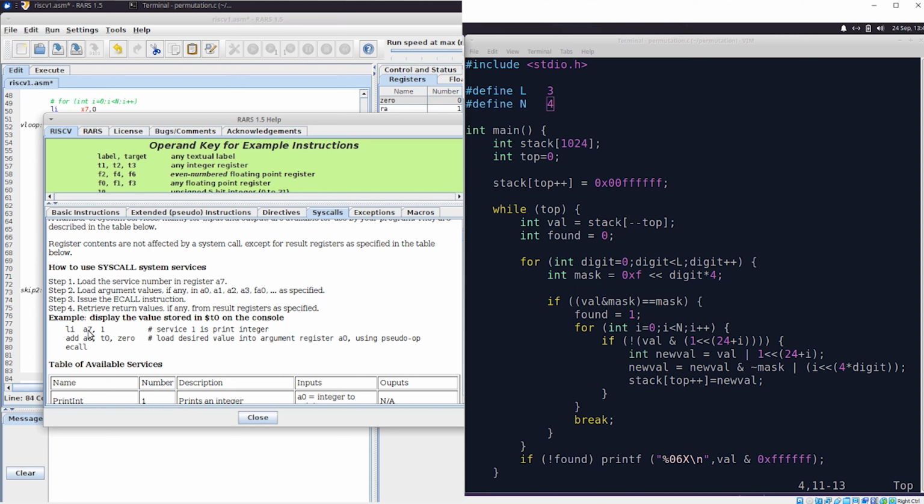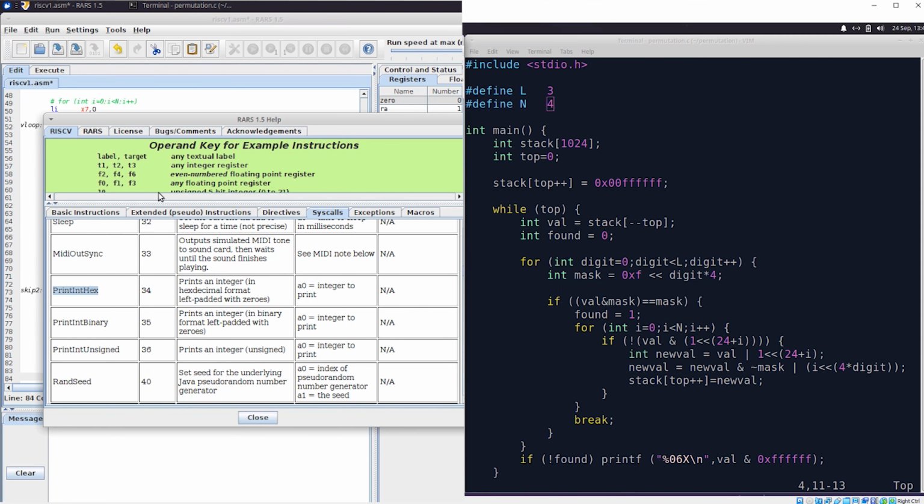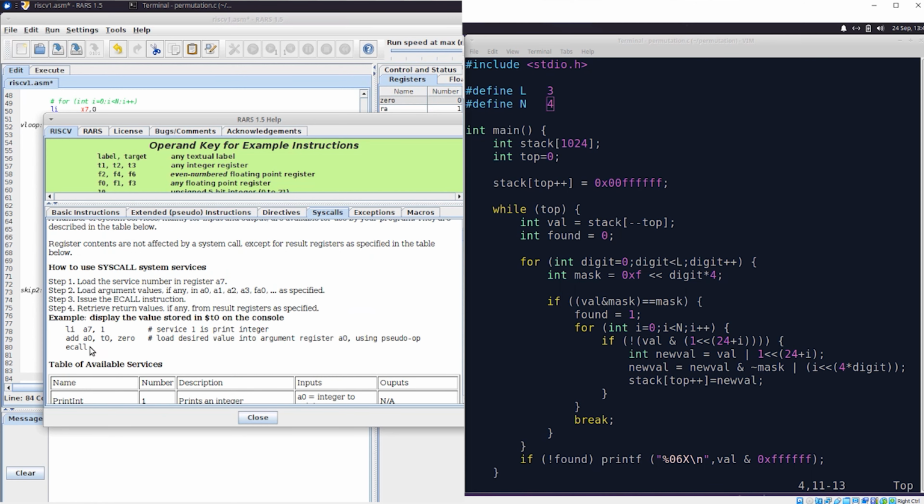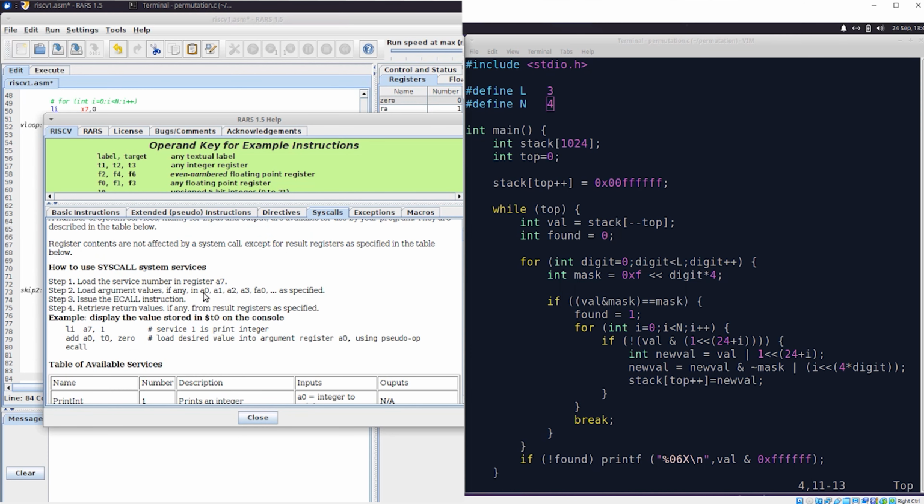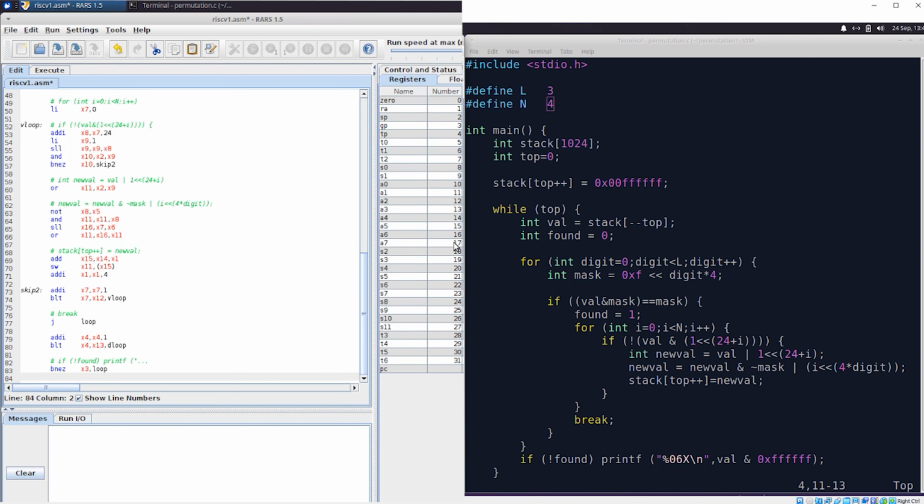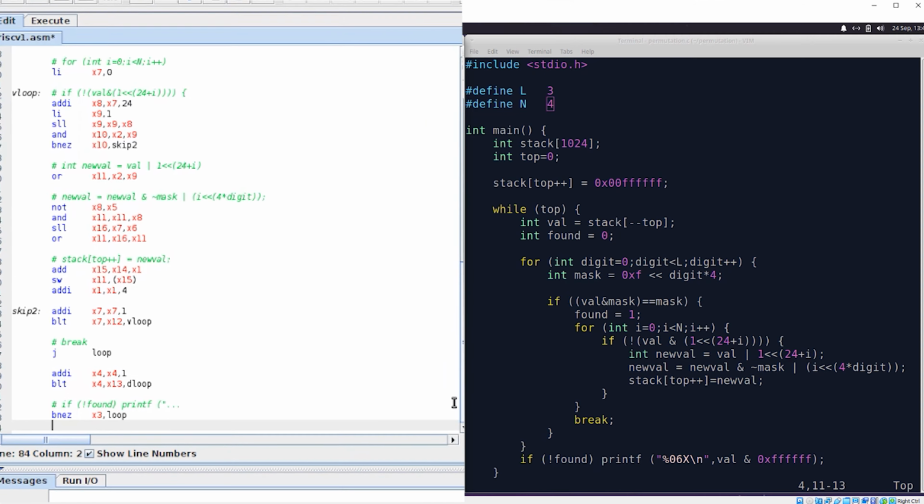So pretty much use A7 to denote which one you want, in this case 34, and then A0 is what you want to actually send in as the argument. So again, A7 and A0. Now we need to make sure that we're not already using A7, which is register 17. I don't believe we use that one. So I am going to